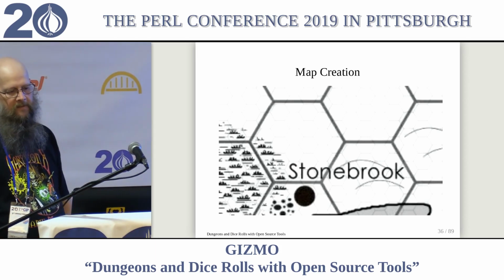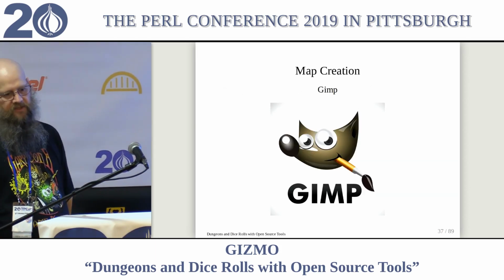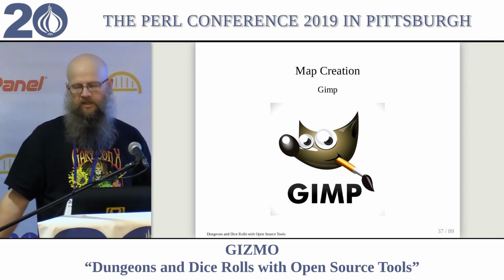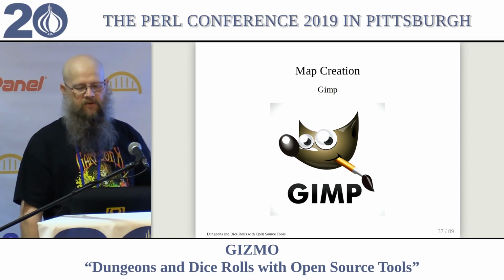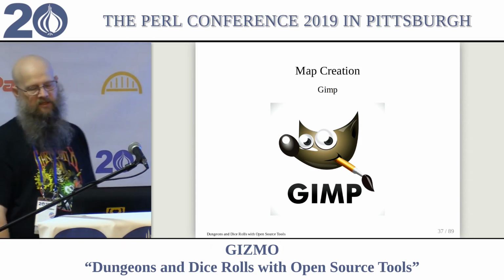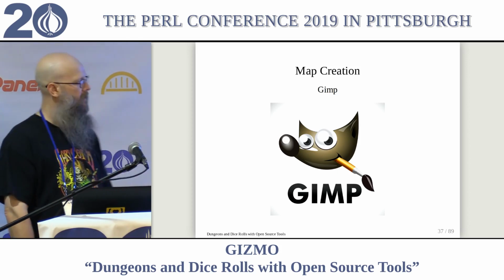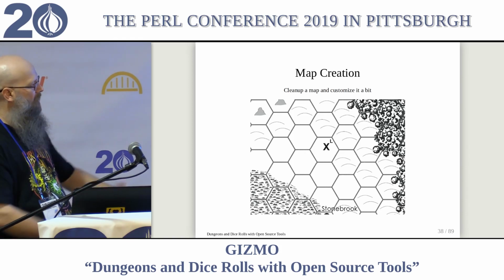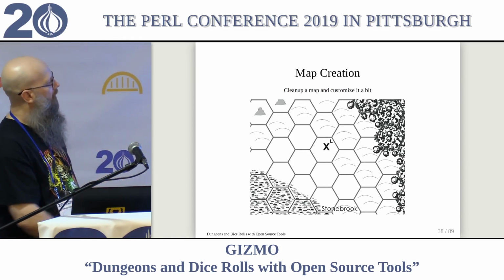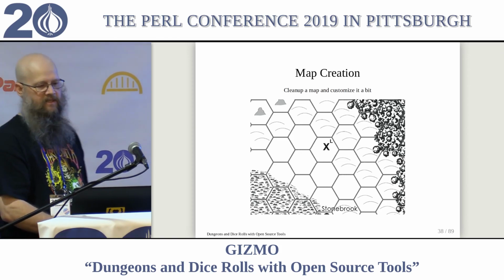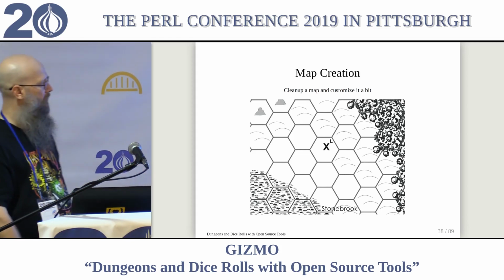Sometimes you have to deal with raster images. The maps you get are in PNG or JPEG. And so I use GIMP, the GNU Image Manipulation Program, to do any editing or changing or extending of those files. For example, this is a map someone made of the area where Stonebrook is, to better show where the swamps are, some forest and the hills. But he had something special in mind in this hex. I didn't, and I wanted to get rid of it.